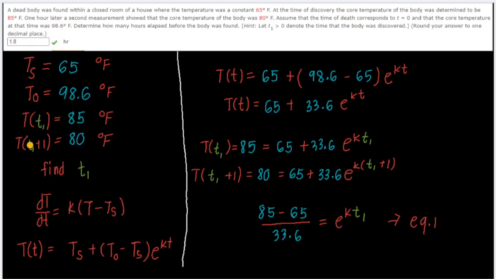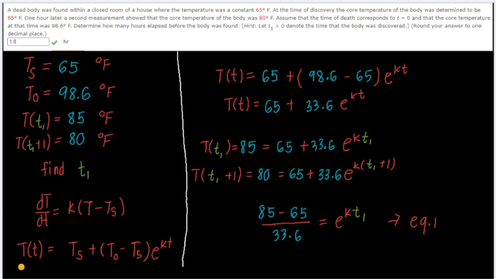Now, 1 hour later, the time t is equal to t1 plus 1, and the reading of the temperature of the dead body is 80 degrees Fahrenheit. These are the givens, and our goal is to find the value of t1. This is the time when the dead body was found. Now, we have a differential equation here, and this can be solved to find this function